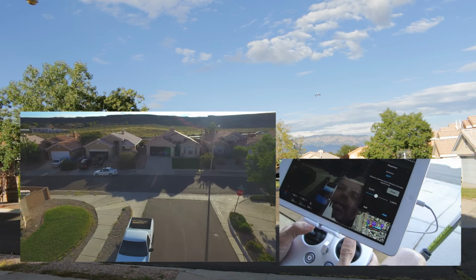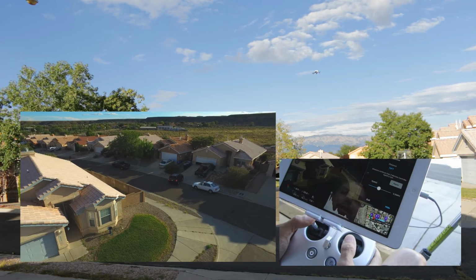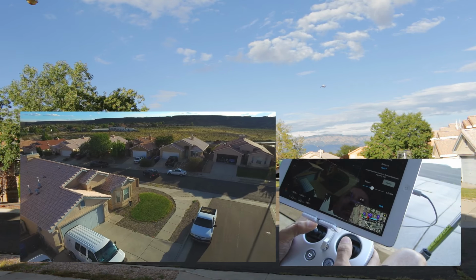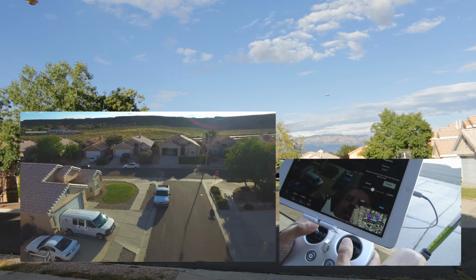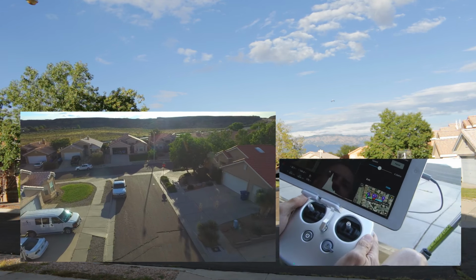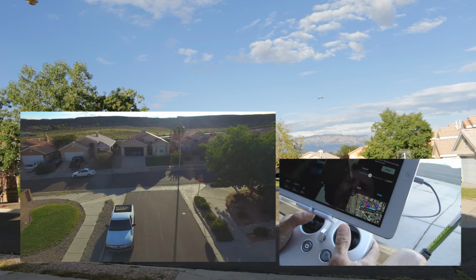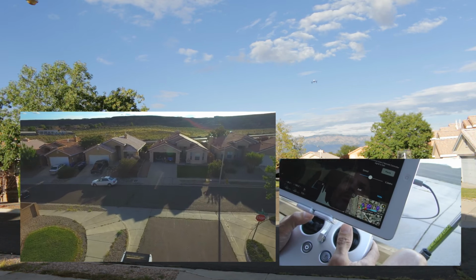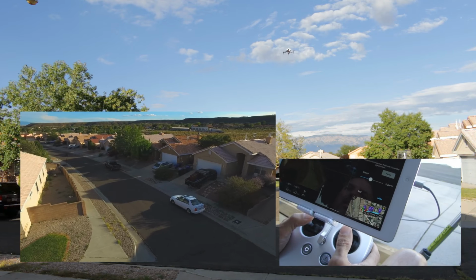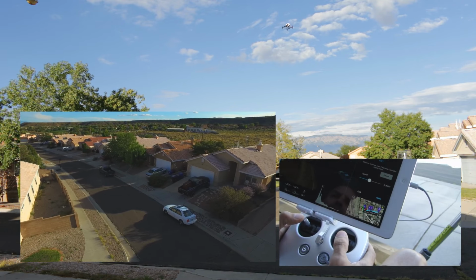Now I can rotate the camera, and let's say I want to stop here, so I pull the stick back, and now she's going backwards through the routine. And the director says, wait, let's do that again. So all I do is let go of the stick, and the director of photography says, well, I want a slow pan as we turn around the corner, and cut. Let's do it again, the opposite way. So I just pull the stick back,